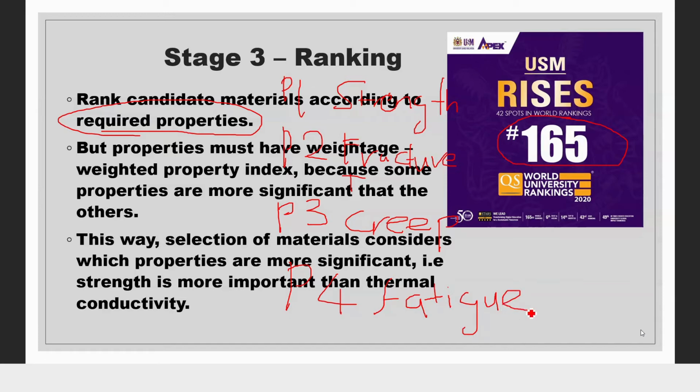Okay. Adakah semua ini sama signifikan? Obviously, for it to function, any component, dia akan ada property yang lebih signifikan compared to the other. Contoh, kalau this is a load bearing component, dia kena menanggung load, menanggung beban yang tinggi. Obviously, load bearing strength ni become very significant compared to fracture toughness. Contohlah. Sebab komponen itu